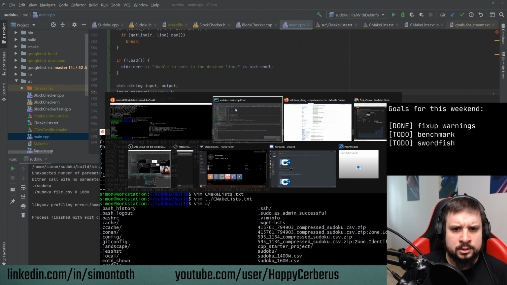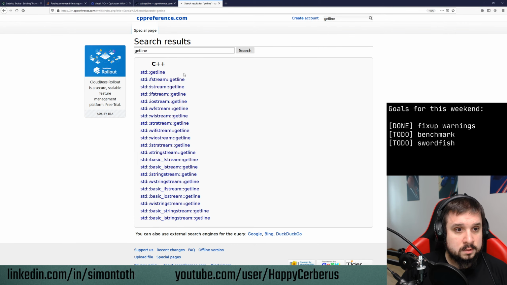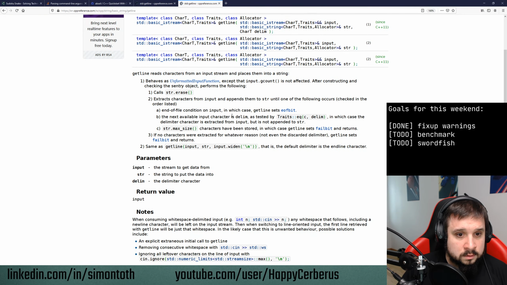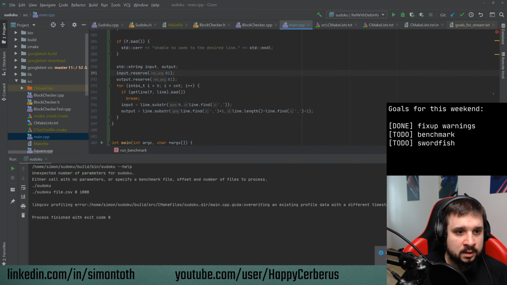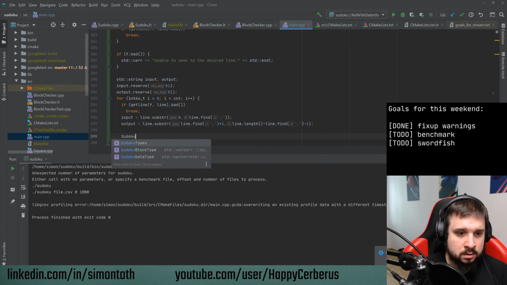Okay, one thing I want to quickly check is, does getLine keep the newline character in? Because that's definitely something I don't know. Extract it, but it's not appended to the string. Okay, perfect. So the newline will not be part of the string, so the code I wrote should be working fine. So now I have the input output, and now I just want to make a Sudoku